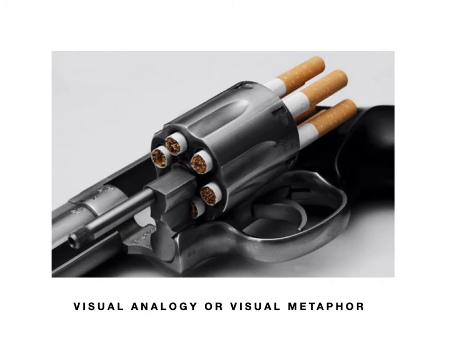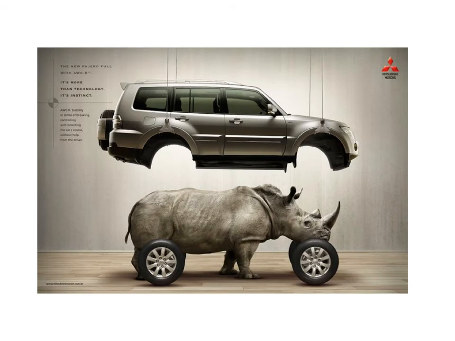And this is used a lot. The more I've been teaching this and looking for examples, we use metaphor a lot. Here is another visual metaphor. A rhinoceros, which could be used for many things. For example, maybe to represent dry skin, to sell face lotion, or in this case, to represent armored strength. So it's drawing comparisons between this automobile product and the animal itself. Also can suggest not just the armored strength, but also the power that's inside one of these cars.